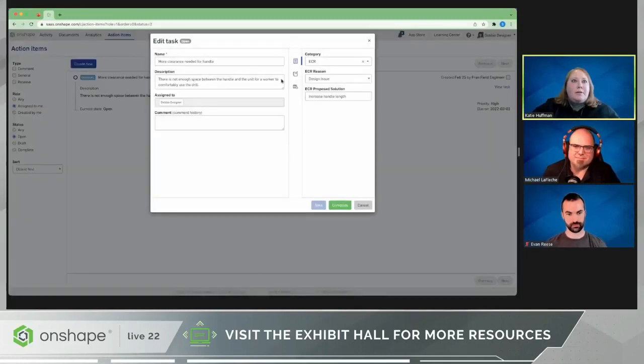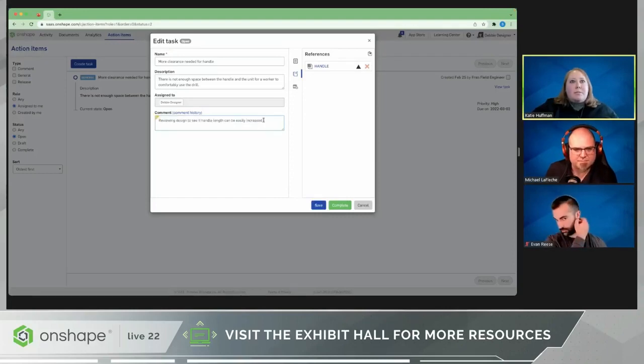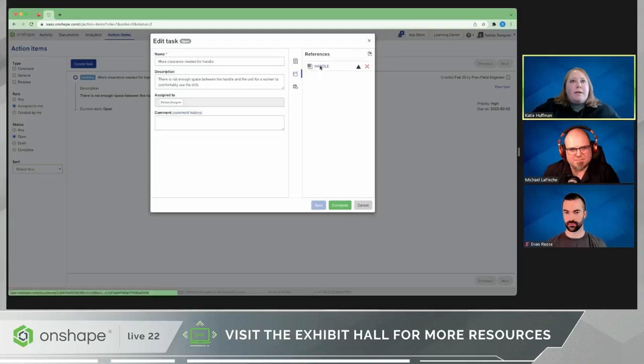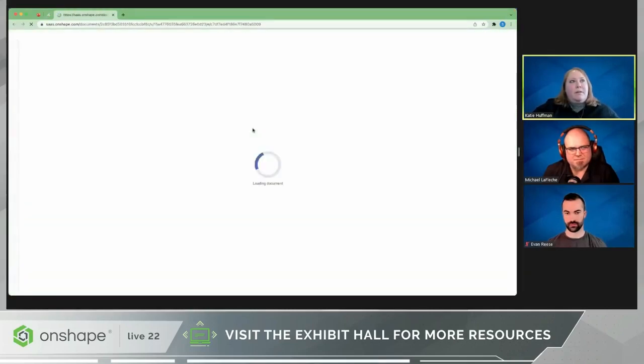And Debbie can actually view more information by clicking View Task. And in here, again, we get some of the same information seen on that first page, but we also can see that Fran was kind enough to link the actual document that we need to go take a look at. And so, Debbie wants to let Fran know that she's about to get started on this. And again, another way to communicate is right within the task ticket. Debbie came in here and wrote in here, reviewing design, so Fran knows she's starting. So you can go ahead and save this and click right into the document that we need to take a